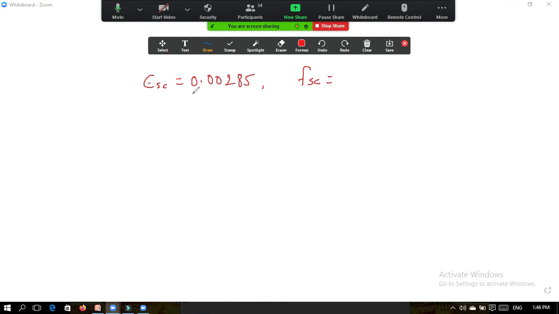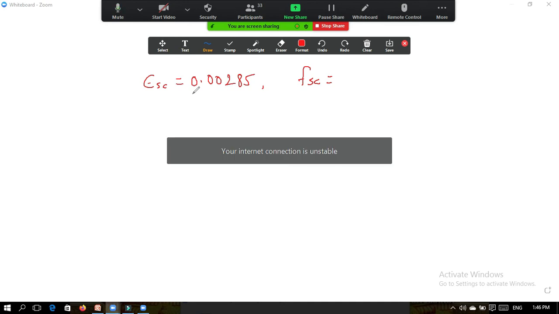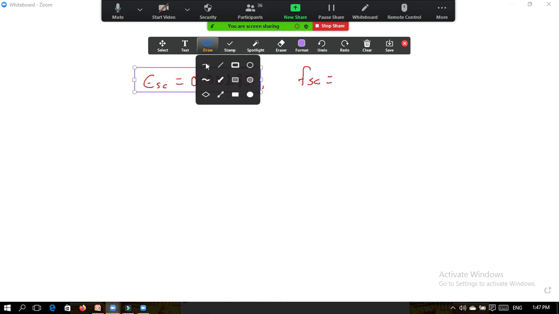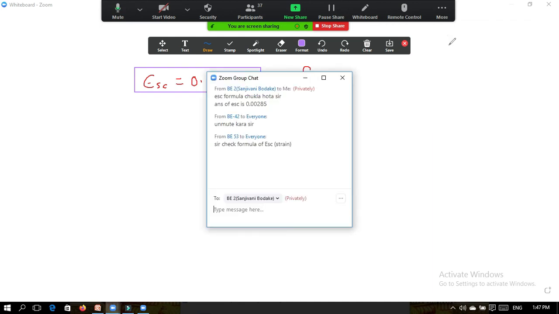I have given you two tables initially at the start of this doubly reinforced section. One is for Fe415, another is for Fe500. So go to the table of Fe415 and see this value epsilon SC, which comes in between two values in the epsilon SC column, and find out the corresponding value of FSC for that. If the value is not directly given, you have to do the interpolation.